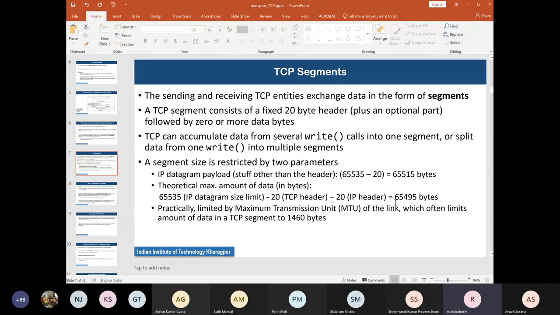This is if there is no option field. If there are option fields, then you have to keep on subtracting whatever amount of space is taken up by options. Anyways, so this looks to be a